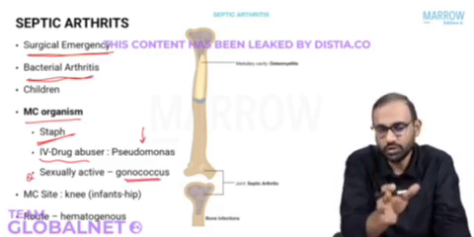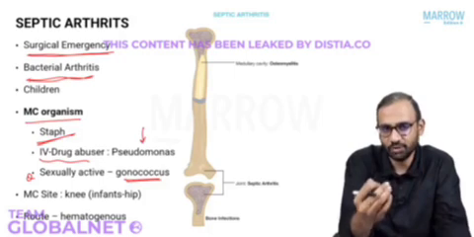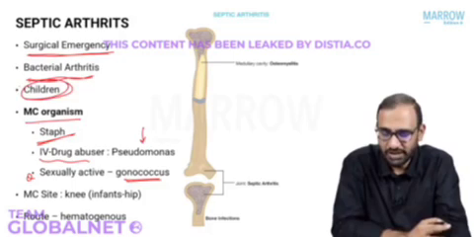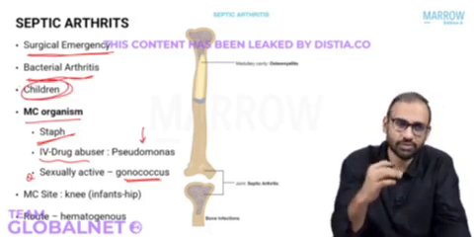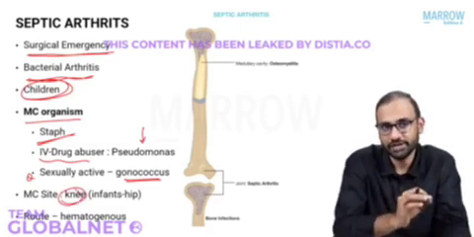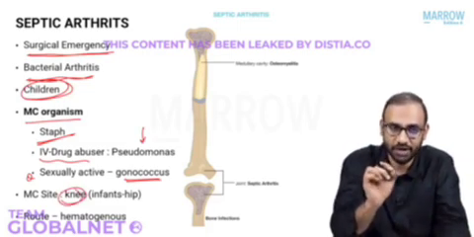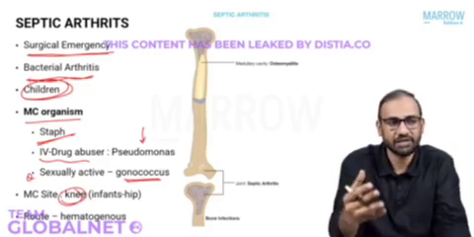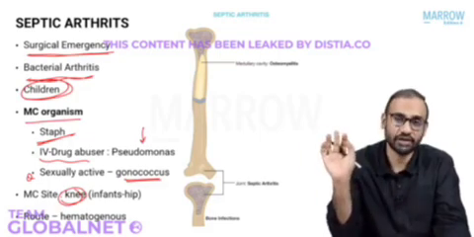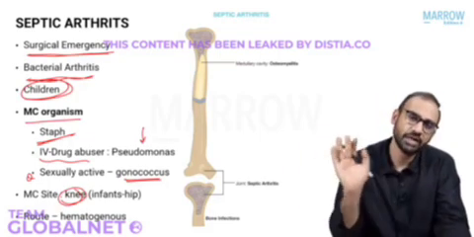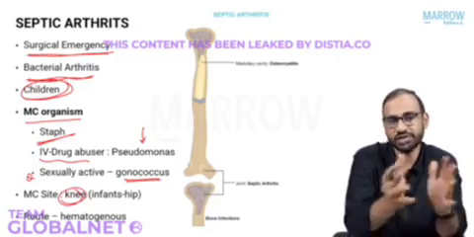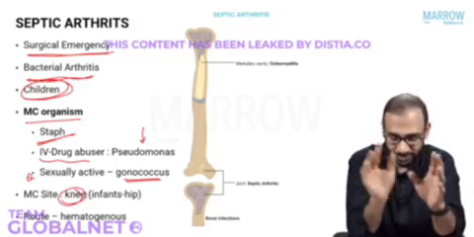Again, what is the usual age group of septic arthritis? People with relatively less immunity, that is young children or the elderly population. Children are the ones that I have mostly seen in my practice. Now, what is the joint that is most commonly affected? The most commonly affected joint is the knee joint, but remember, infants mostly have septic arthritis of the hip, right? Newborn babies, say 7 days, 10 days, 15 days, 3 months, 4-month-old babies, they come to me with septic arthritis of the hip, and that has a different name altogether. That's called Tom Smith's arthritis. We'll talk about that in a bit, but that is the most common location in infants. So remember, knee overall is the most common location. In children also, knee is the most common location of septic arthritis, but in infants it is usually hip, and